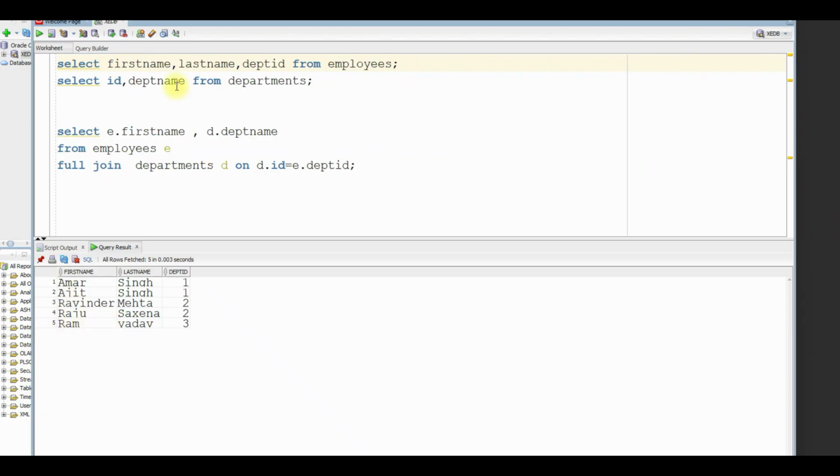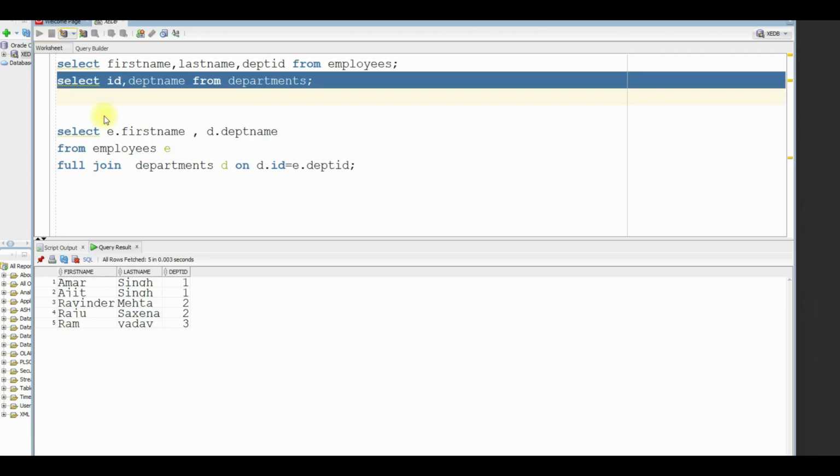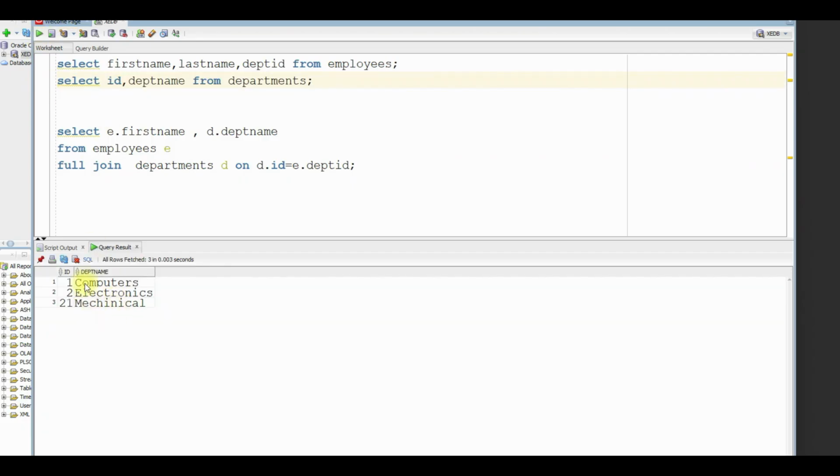The employee table is as is. We didn't change anything here. And the department table is as is. We didn't change anything here. So we have a department which doesn't have an employee, and in the same way we have an employee who doesn't have a department in the department table. So now let us execute this one with full join. Same thing, we just replace right with full here. The condition stays the same, department ID and employee department ID. If I run this query, you see here,